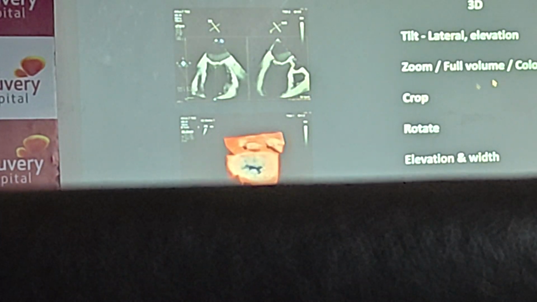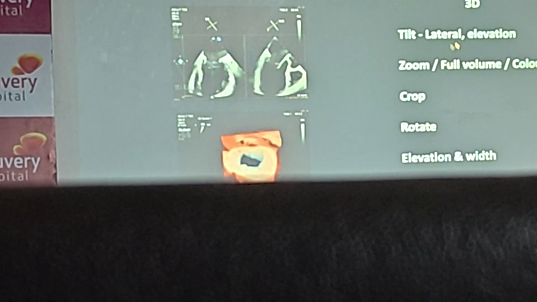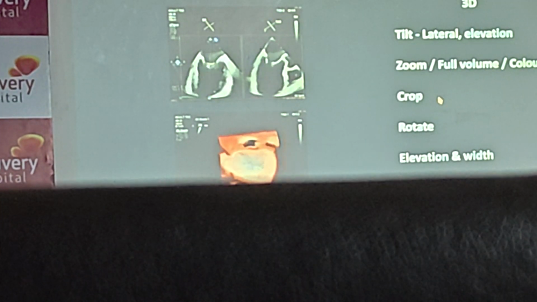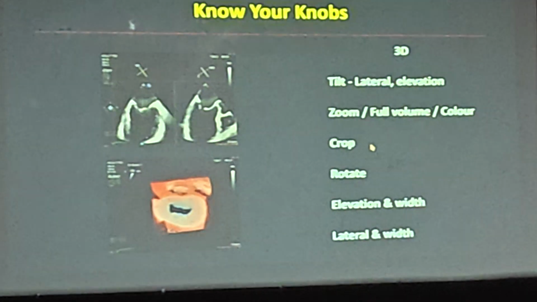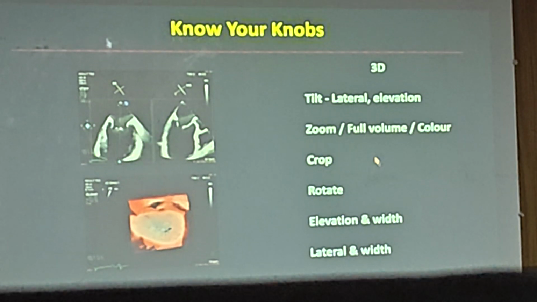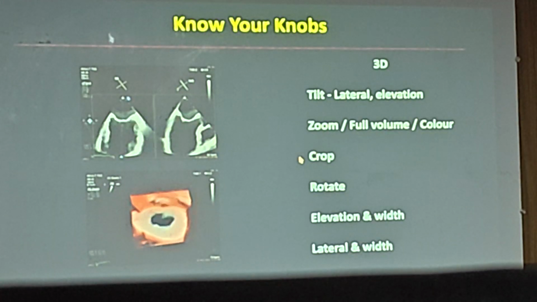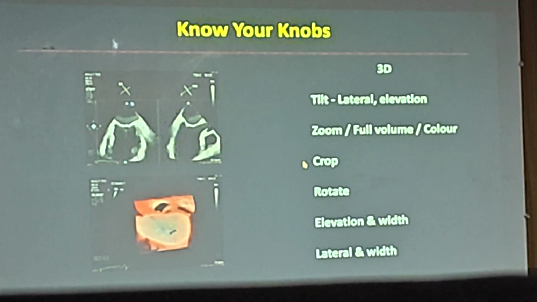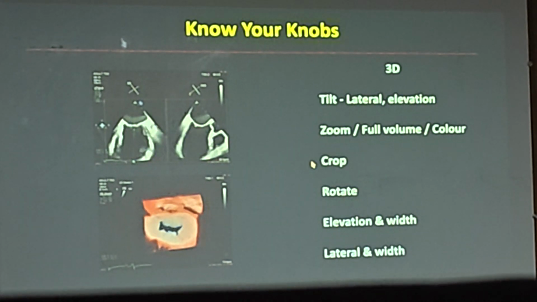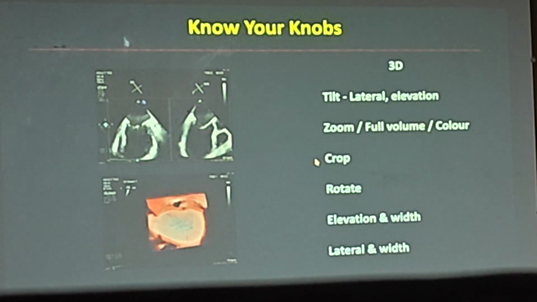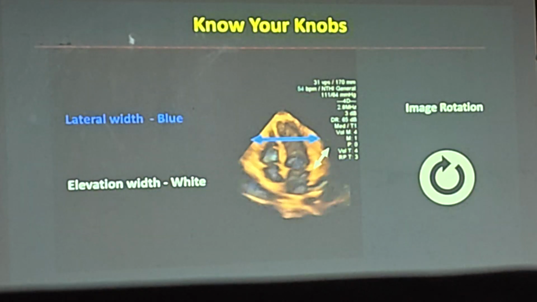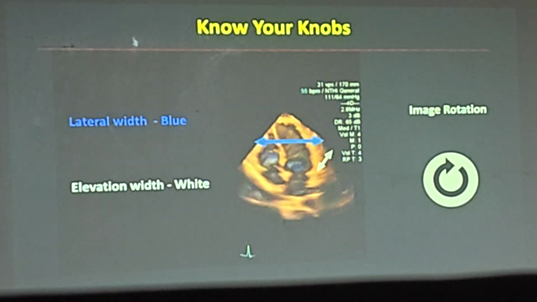And then you have to have these terminologies of lateral and elevation. These are some very basic terminologies which are mandatory, which is a must, and you have to know what they mean, and you go through the first level and then you keep scaling it up. That's how you accumulate information, and it's going to be of great help to you. And just again, emphasis on knowing the knobs itself, and the terminologies.